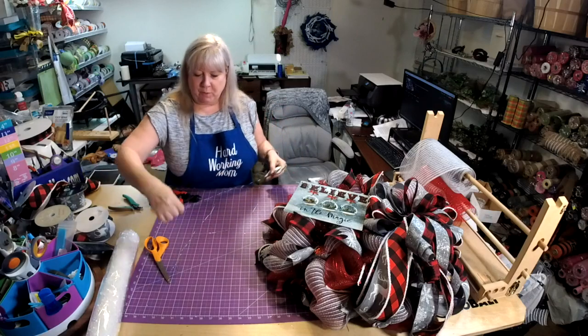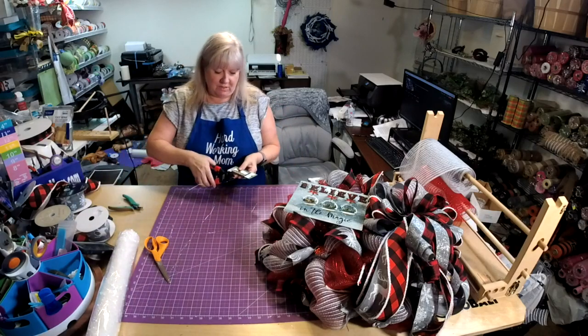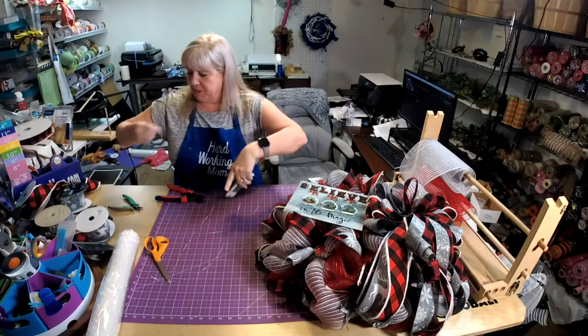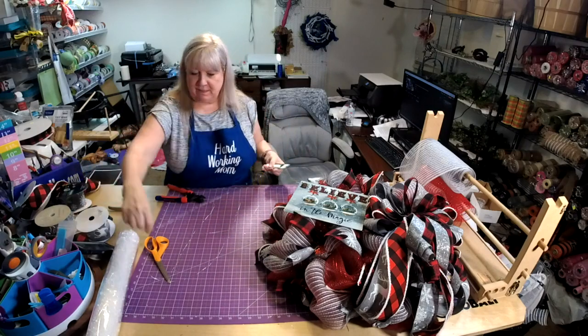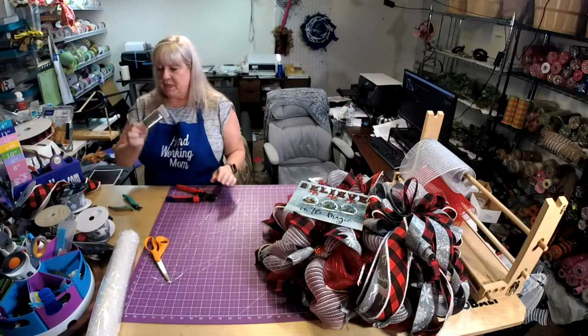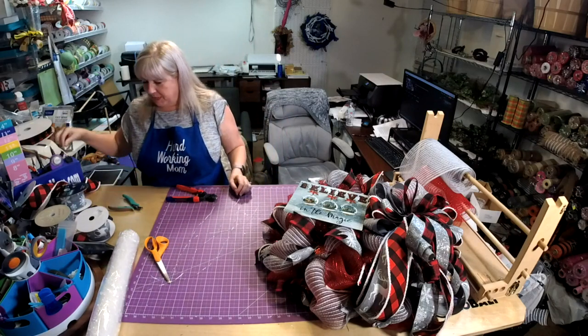So I like 4 pieces. They're about 22 inches. This is 26 gauge wire. I get mine at Walmart, but you can get this stuff at the Dollar Tree. It doesn't have as much on it, but